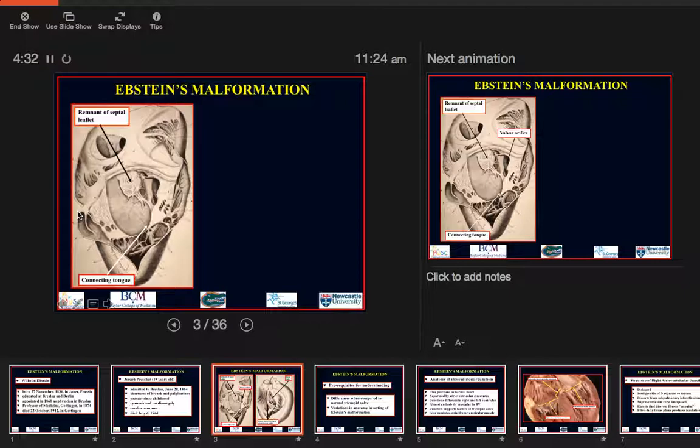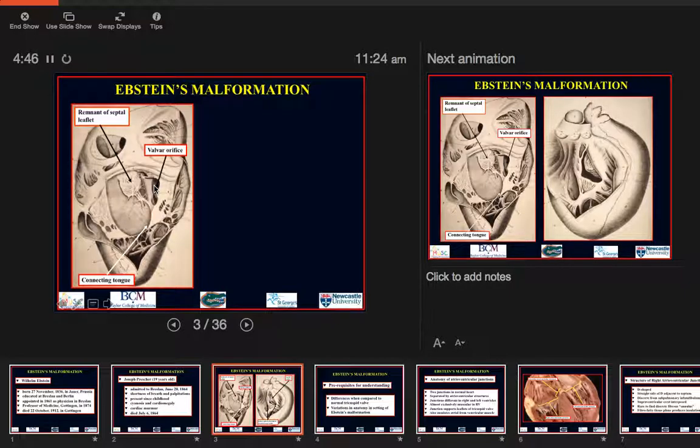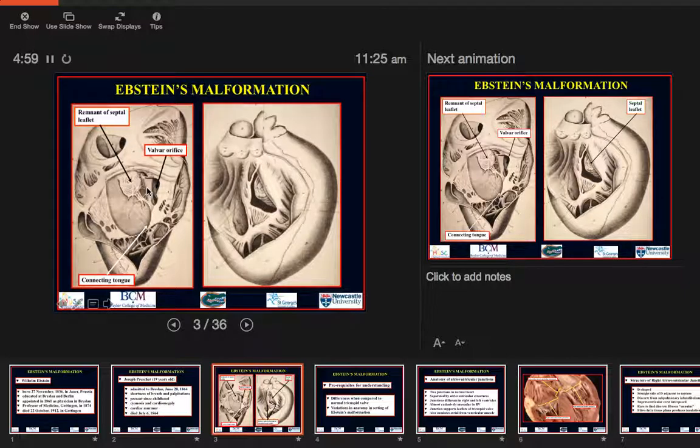But the major feature is seen here because there is an anomalous orifice of this malformed valve that points into the infundibulum of the right ventricle. The valvar orifice is rotated so that instead of pointing to the apex of the right ventricle, it points into the infundibulum. And then when you look at this second exquisite picture drawn showing you the ventricular aspect of the